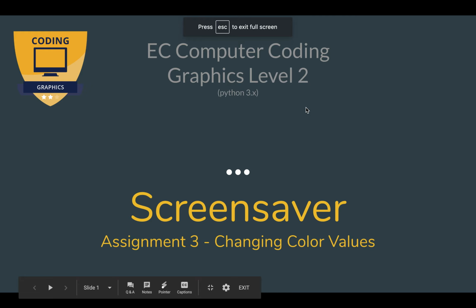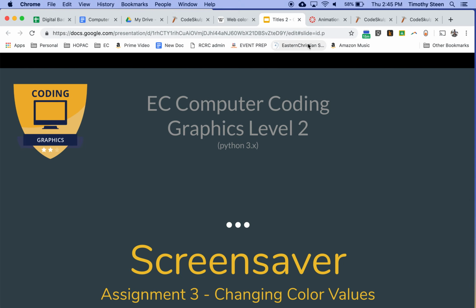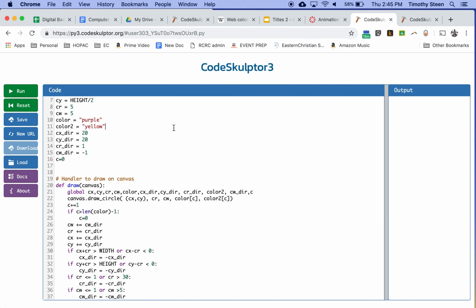Let's look at how you might want to change some colors on this screensaver. There's two ways that you can do that. Here, I'm back to my regular old circle. Oops, this stuff's not supposed to be in there yet. And I have purple and yellow. Well, one way you could do this, because you can't really add or subtract colors,